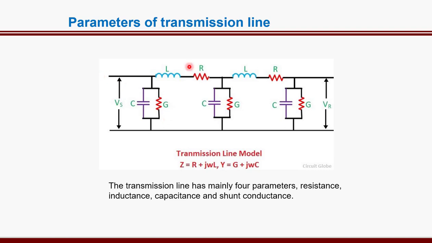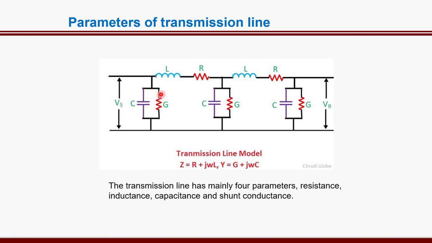So a transmission line is represented in terms of these parameters like this. It is a model of the transmission line in terms of lumped parameters. These are known as lumped parameters because they are repeated at every unit distance, per kilometer or per meter. So there are four major parameters available in any transmission line, and those are resistance R, inductance L, capacitance C, and G, meaning conductance.